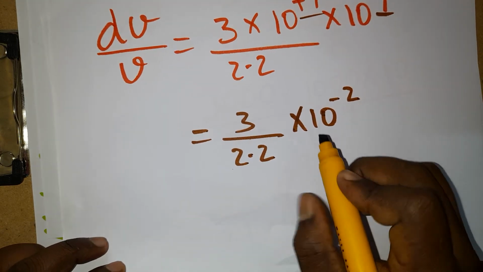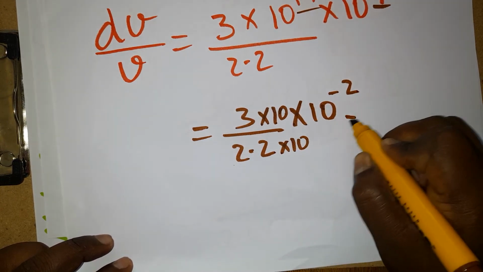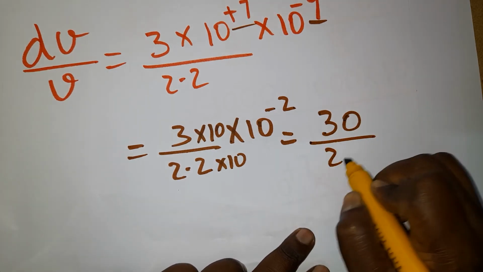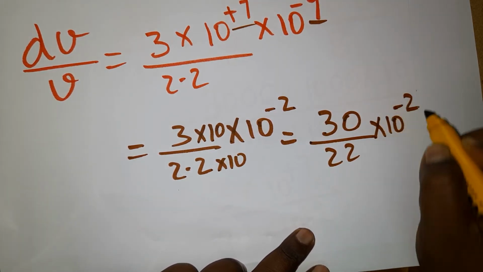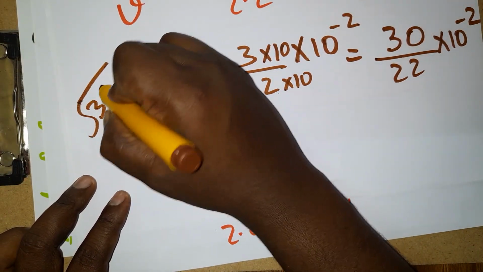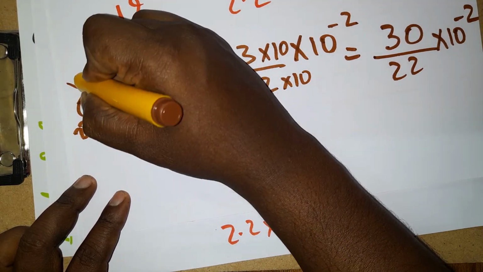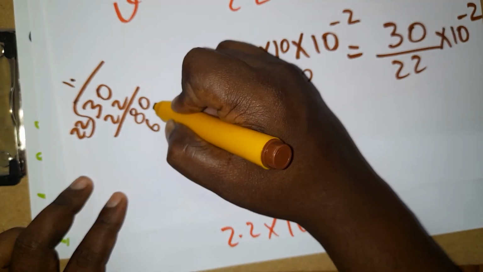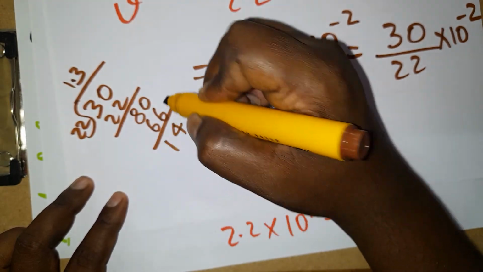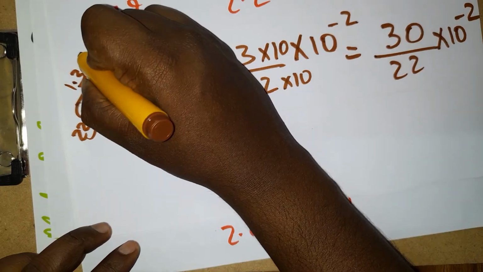Now I have to do the calculation. I multiply numerator and denominator by 10 because I want to remove this decimal. So we get 30 divided by 22 into 10 power minus 2. What is 30 divided by 22? Simple division we can do. 30 by 22, one time first. Then 8 will be there, 0.66 will be 3 times. Again I will get 14. Then 0. So this calculation will get us approximately 6 times.